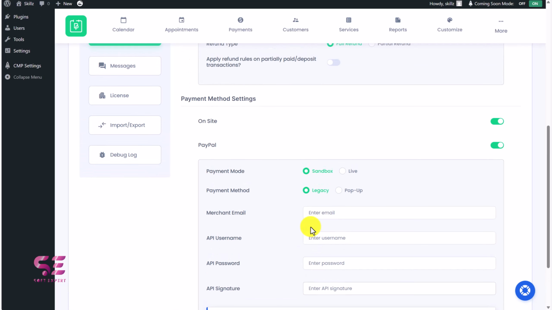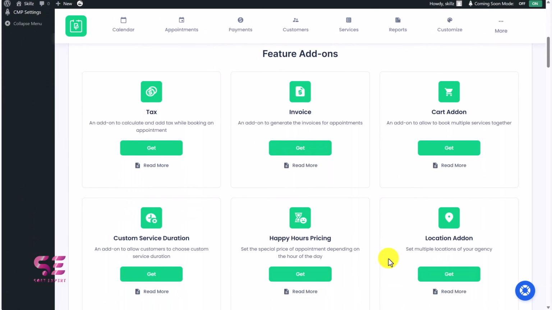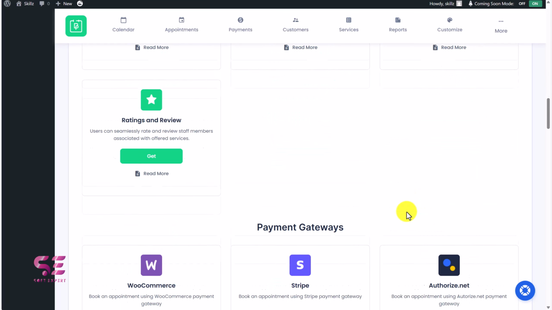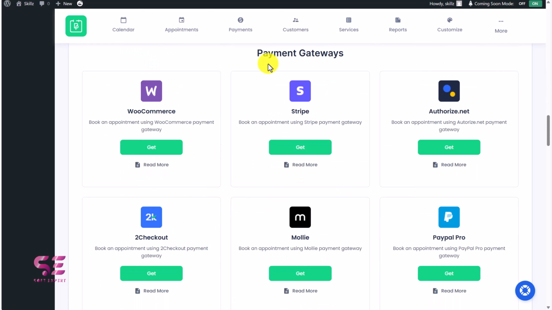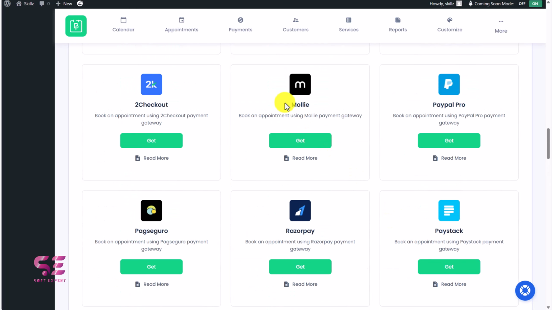And if you want additional payment methods, you can use the add-ons. These are the featured add-ons. If you want any of these, you can just get them, okay? Like multi-service, multi-stop add-ons, service package add-ons, and all these. And for the payment methods, the most popular option here is WooCommerce, obviously. And if you want to use the plugin payments, you can use any of these add-ons. Now for this website, I'll need this one. So I can just click on Get